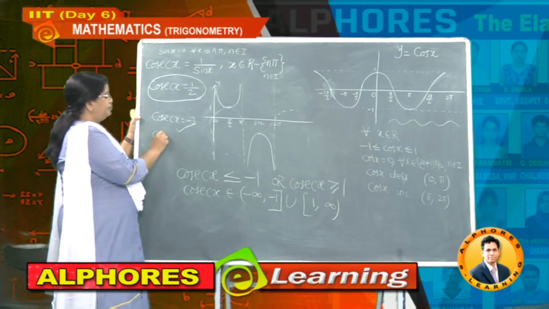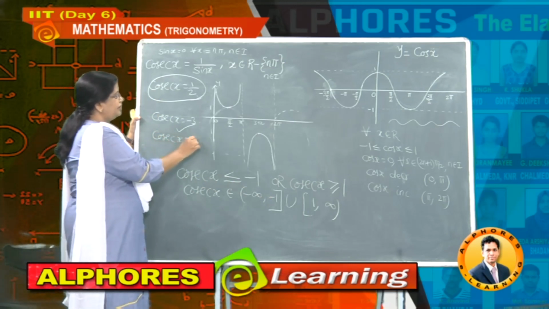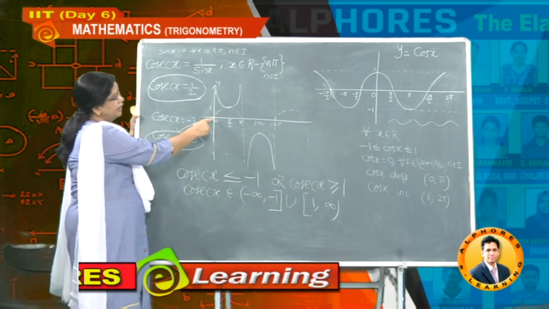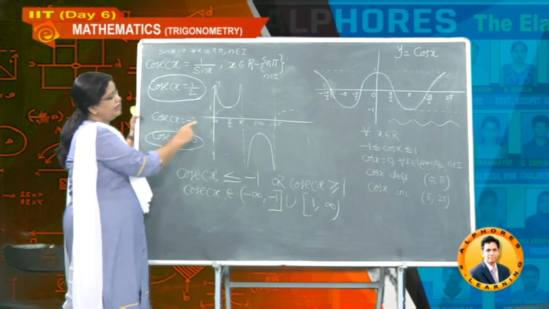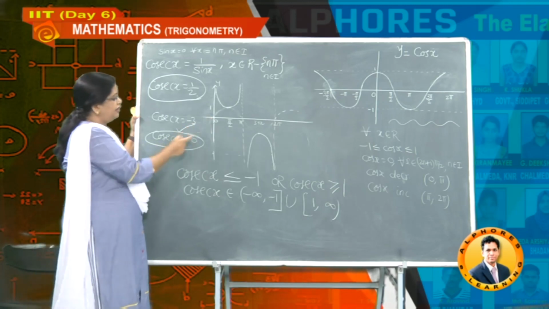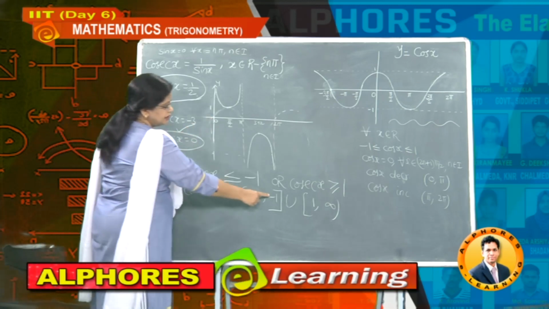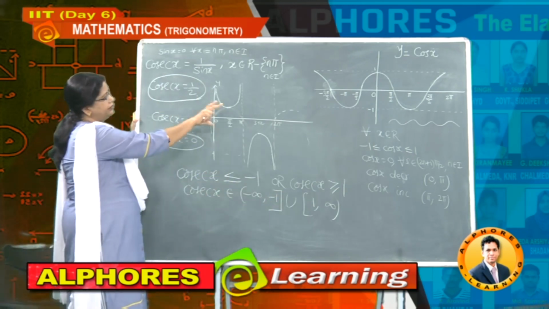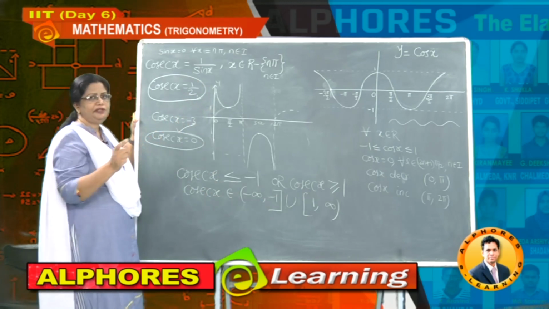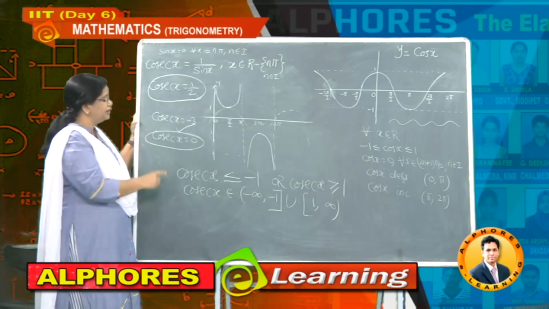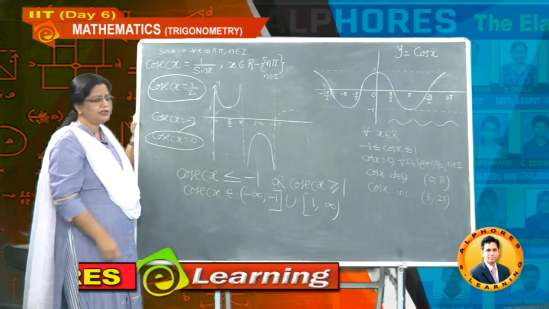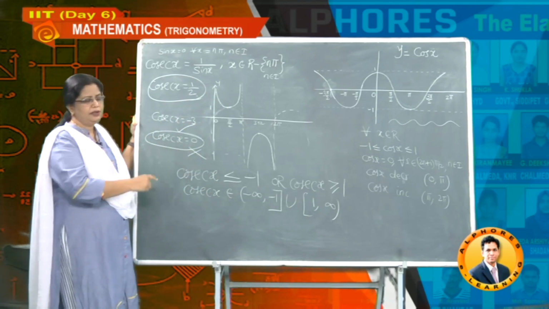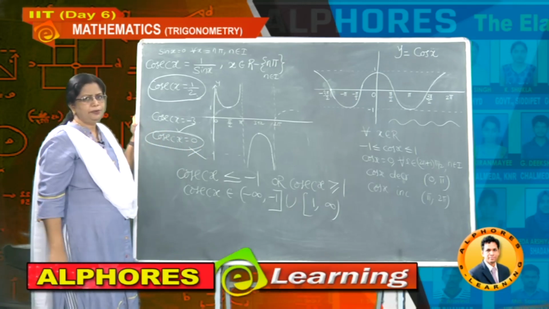And if I give, suppose cosecant x is equal to 0, what about this value? 0, again you find the graph cannot intersect here at any value, and moreover it is not in between minus 1 and plus 1. So no graph of the cosecant function can take values between minus 1 and plus 1. Hence cosecant x is 0 is a wrong value. That means no such real x can be found such that cosecant x equals 0.